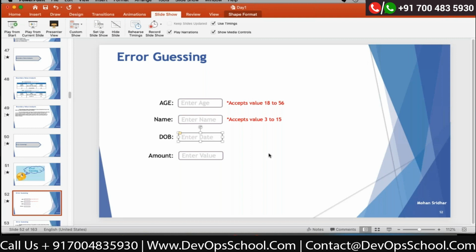Okay, so when it comes to amount also, here there are no specifications. What is the minimum? For example, there is a donation, and you are going to donate some X amount to some organization. No minimum amount is specified.